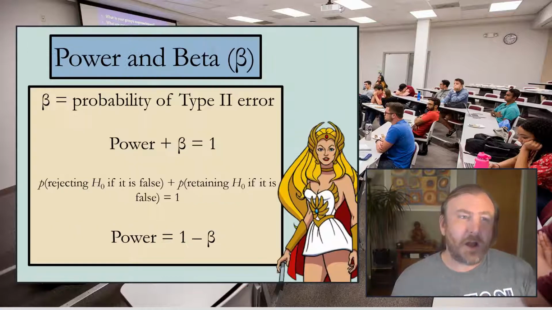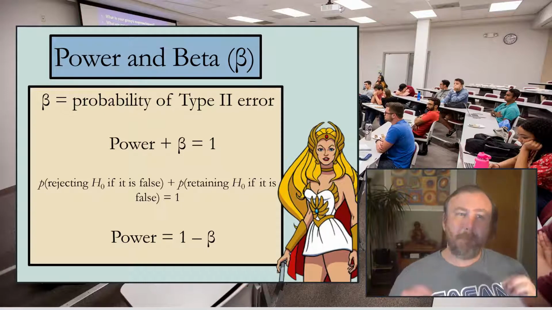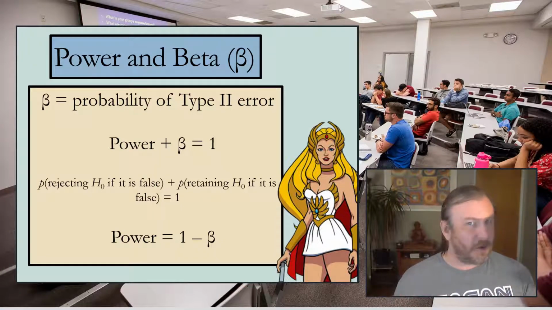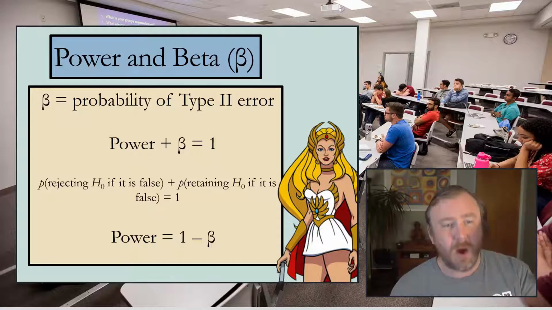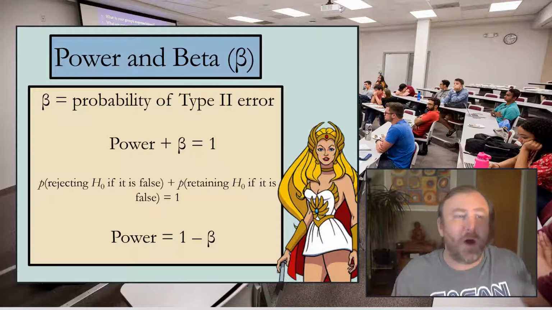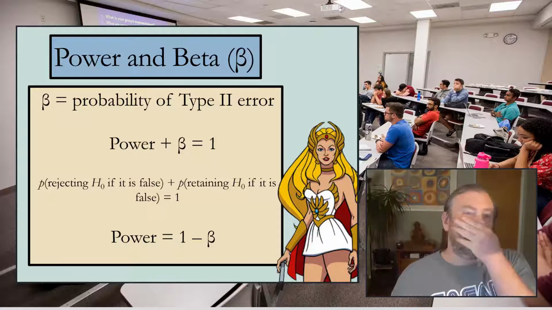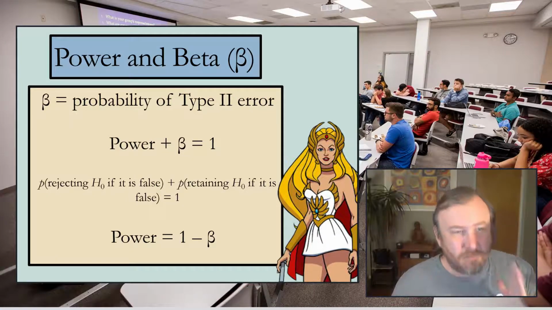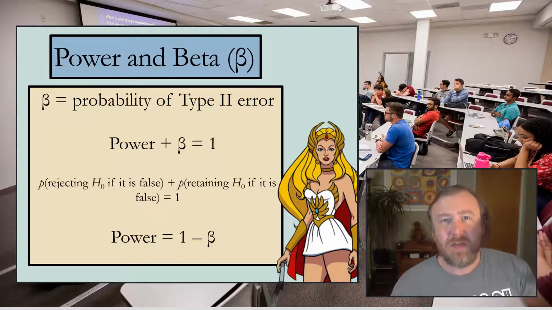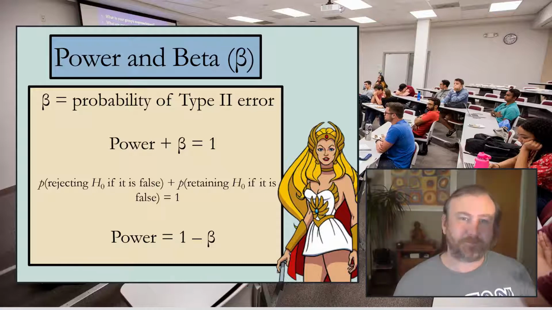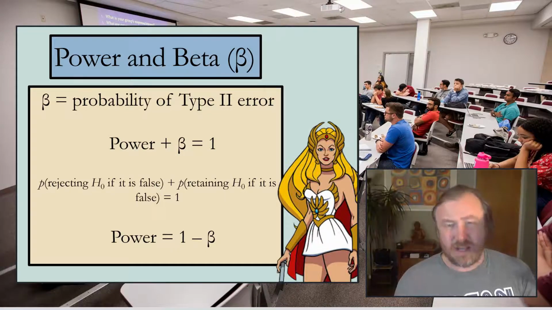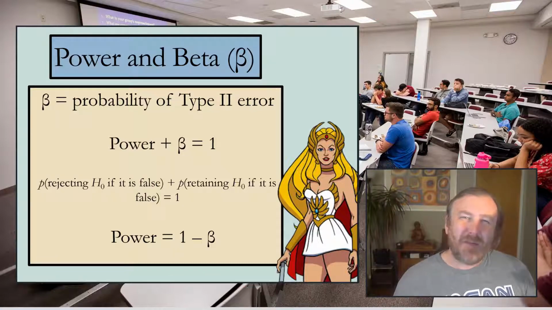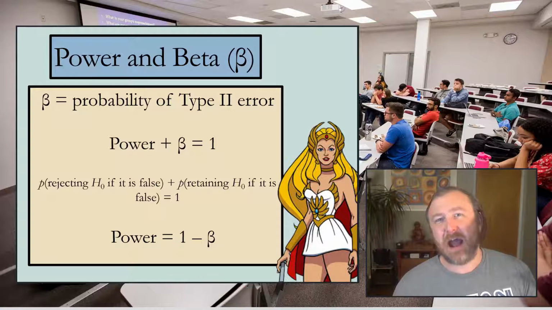Okay, so let's talk about power and beta again, right? So beta is the probability of a type 2 error, of a false negative. So power is going to be equal to 1 minus beta, or power plus beta equals 1. And what power represents is the probability of rejecting the null hypothesis when the null hypothesis in reality should be rejected. So now an interesting thing here, now that we understand this relationship between power and beta, well, how do we know what beta is? Well, I mean, there are some fancy ways that you can figure it out, but really,